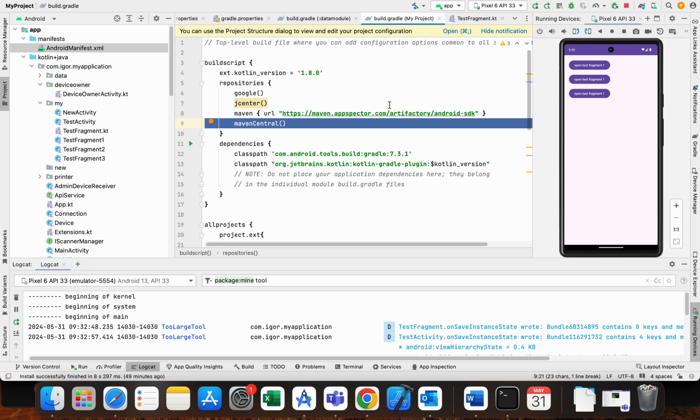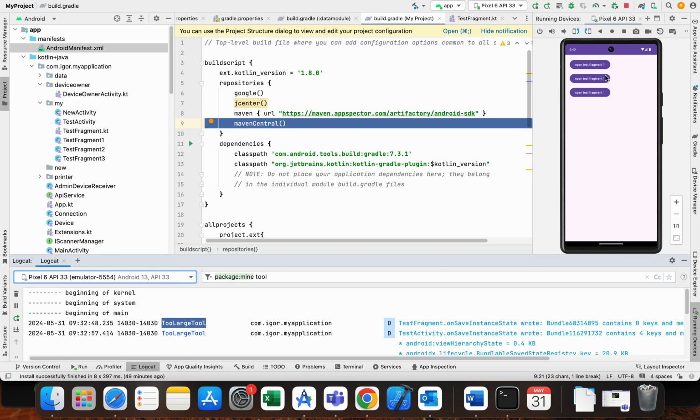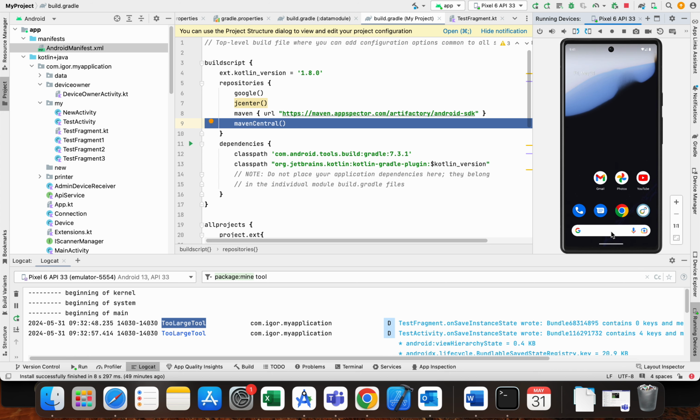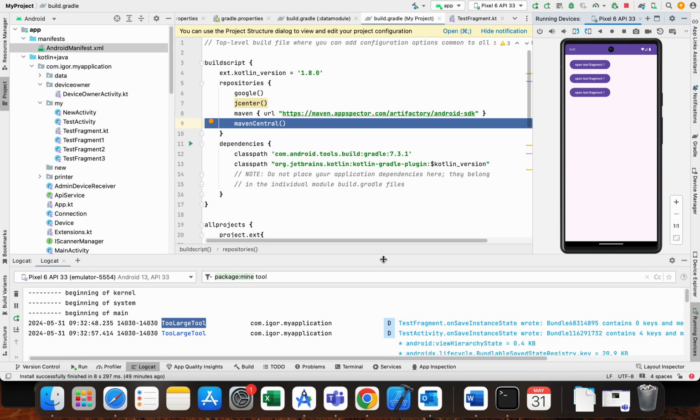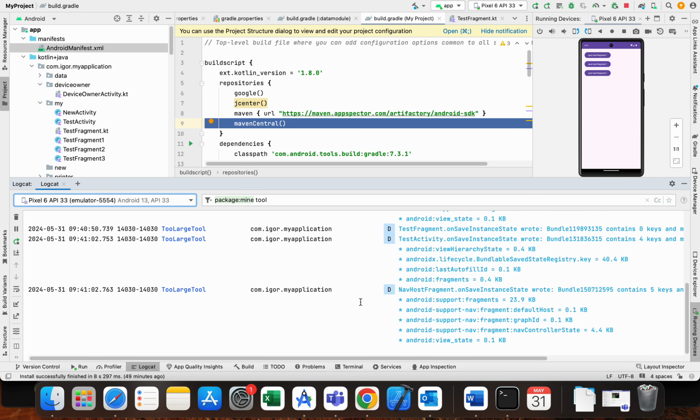After that you just run your project, do something in your app and try to replicate that exception. As you can see here down below, in logcat, I set this tool, TooLarge tool, I want to filter on it. I have some application here, and what I just do, I open one fragment, I return to home, open another, return to home, open another, return to home, and a couple of more times. I'll try to close it, open it one more time to see if, okay, we have a new log here,